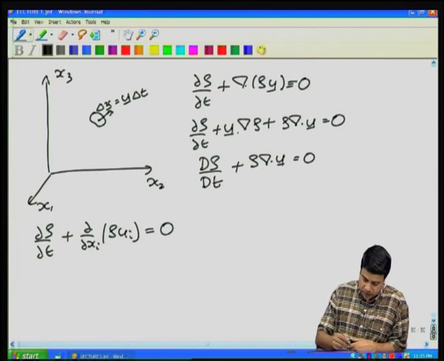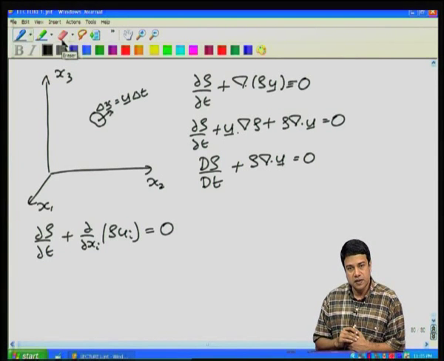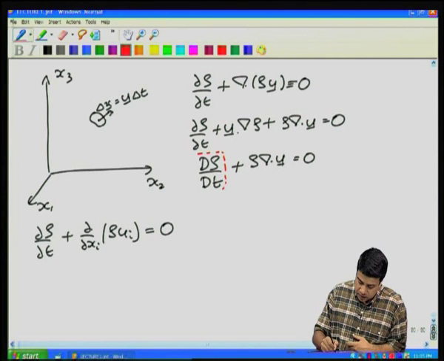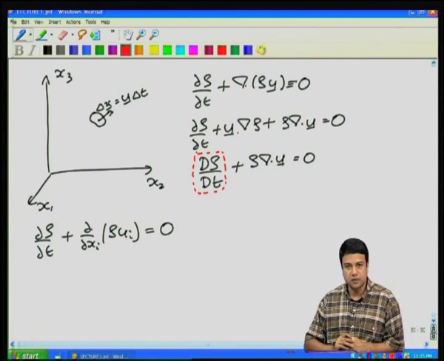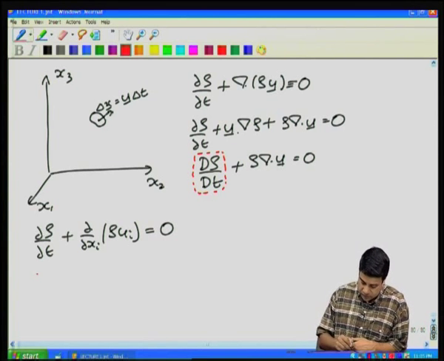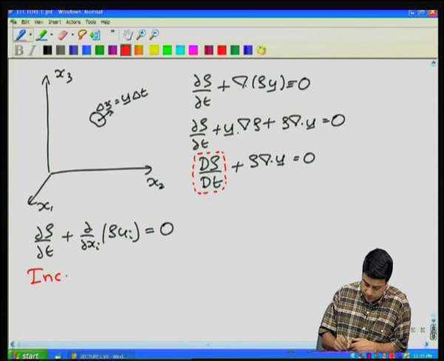Also, in case the fluid is incompressible, what is meant by incompressible is that d rho by dt is equal to 0. The substantial derivative is 0 in a reference frame moving with the fluid velocity. If the fluid is incompressible, then for an incompressible fluid,